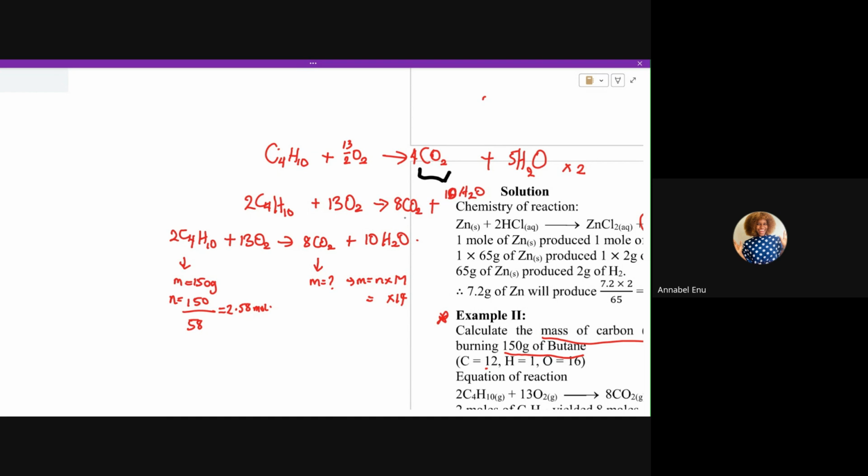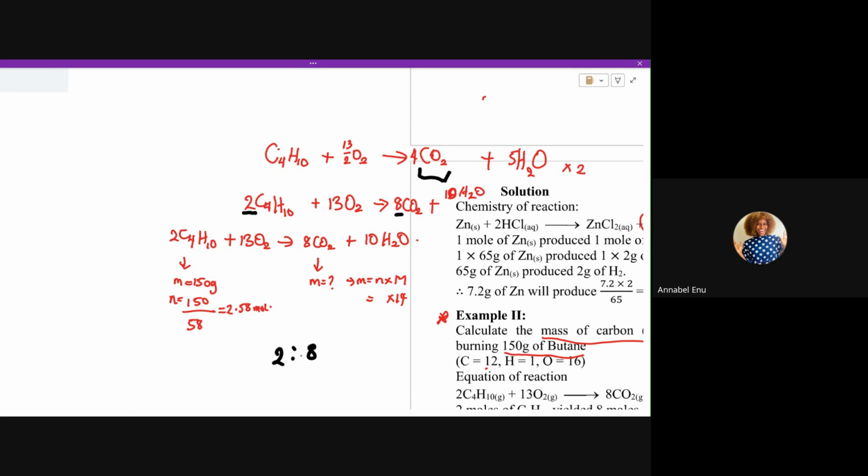All right. So the mole ratio between these two, I told you it's based on the coefficient. This one is 2 and this one is 8. So it's a 2 ratio 8, or you can say 1 ratio 4. So the mole ratio is 2 ratio 8. It means that if 2 mole, capital M, if 2 mole of butane gives us 8 mole of CO2, since it has